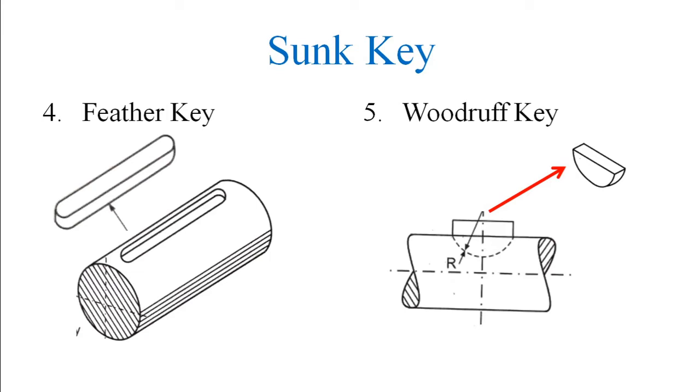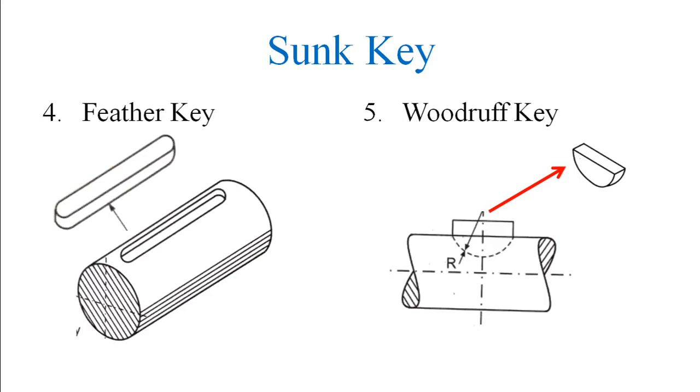The advantage of this woodruff key is that it can be used on a tapered shaft because it can align itself by slight rotation in the seat. The extra depth of the key in the shaft prevents its tendency to slip over the shaft. The application of the woodruff key is that a tapered shaft in machine tools and automobiles can be easily fixed. It is used for transmitting moderate torque, especially in automobiles.